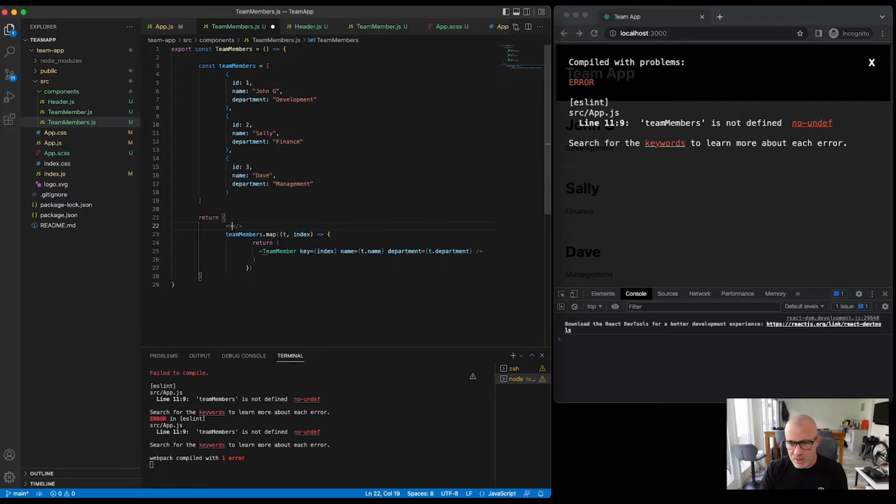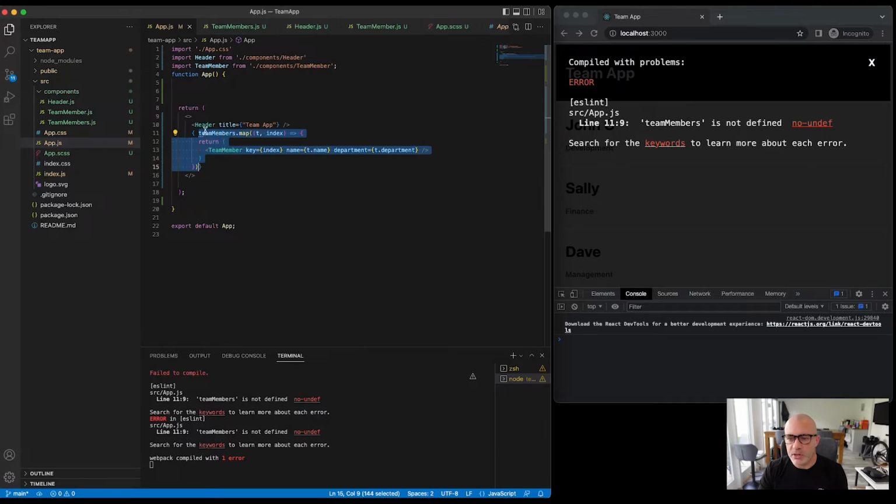If we were, for example, to wrap this in an empty fragment or a div, we would need to pop a curly bracket around here, but we'll undo that because we don't need a curly bracket. In fact, let's do it. Let's put a div with a class name of team members, and then we'll need to pop some curly brackets around this in order for it to work. And IntelliSense really gives you a good idea if you've got any problems before you hit save. So again, we've still got the error because of our app.js. In fact, we'll just enter export default team members,